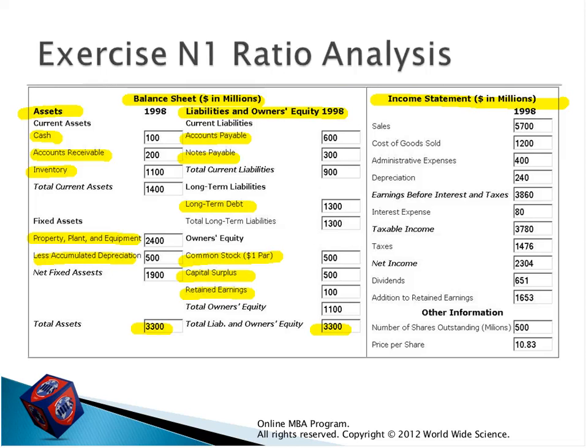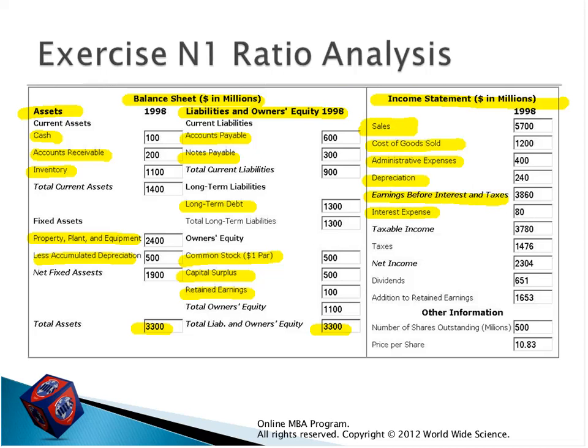If not clear, you can find the definitions from my previous slides, from my previous presentations on the income statement. Let's see the income statement. You have sales. If some formula asks you to take net sales or sales on credit, you just have to take this sales item. We have cost of goods sold, we have administrative expenses in total, and we have depreciation expenses. As well, we have earnings before interest and taxes, interest expenses, taxable income,